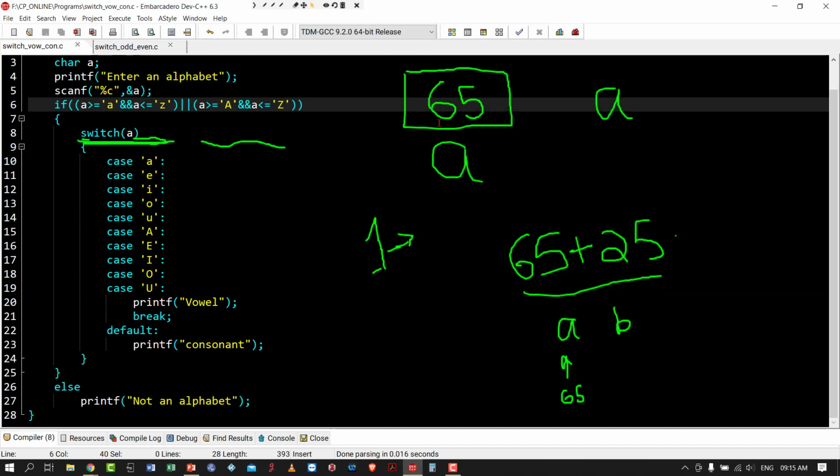Is it clear? I wrote this condition only because this is a bit lengthier condition. Earlier we wrote only smaller conditions: A mod 2 equal to 0 or A mod 2 equal to 1, A less than B, A greater than B. Anyway, here we are handling multiple conditions. A greater than or equal to small a, less than or equal to small z, again A greater than or equal to capital A, less than or equal to capital Z. Here in this if we are handling multiple conditions. To convey that only, I have added this thing in